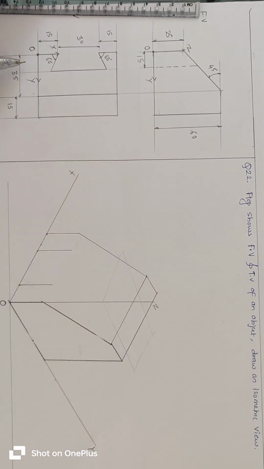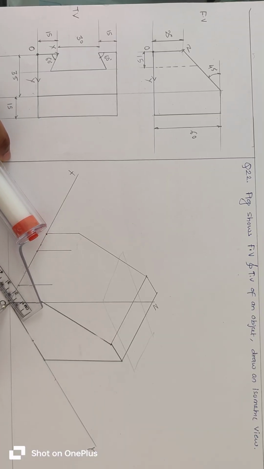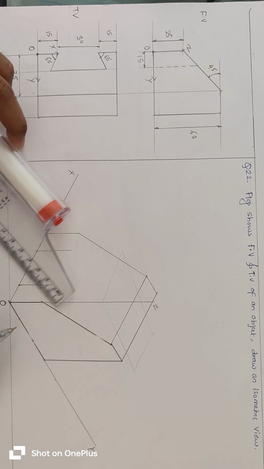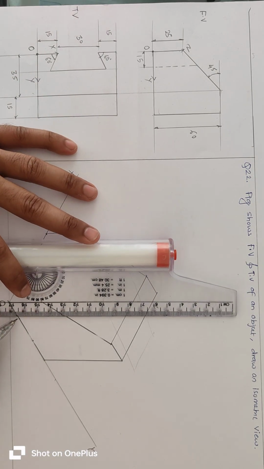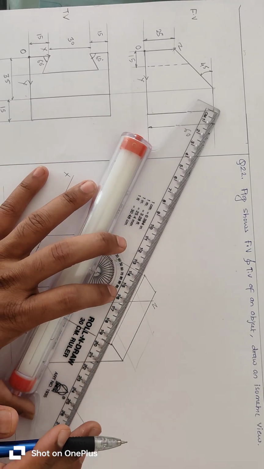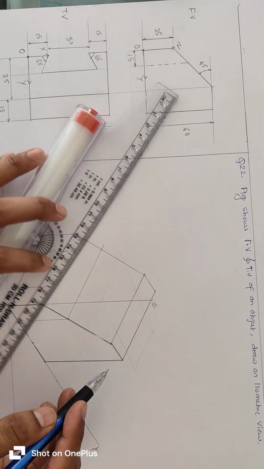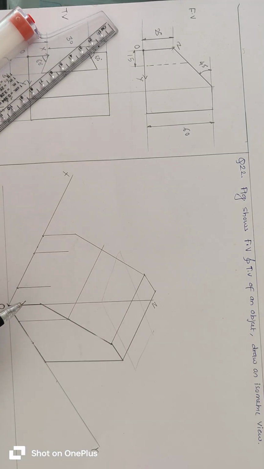Okay, sorry, this distance is 15, so from this point take this distance 15, and then draw vertical line. Now from this point draw line parallel to x-axis, and then